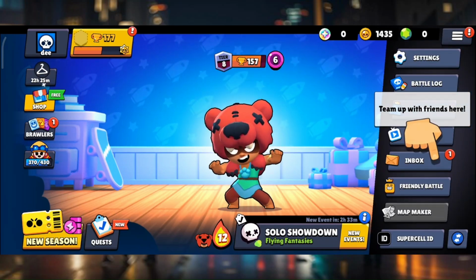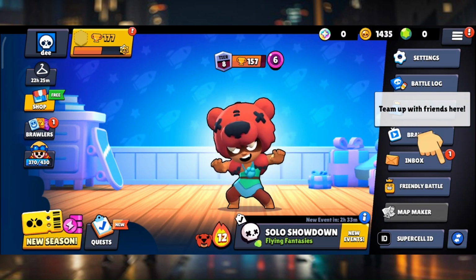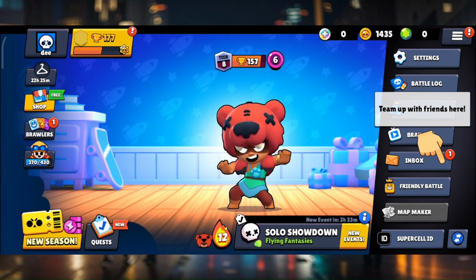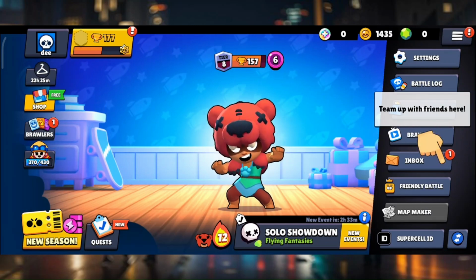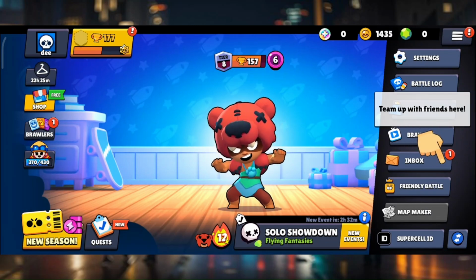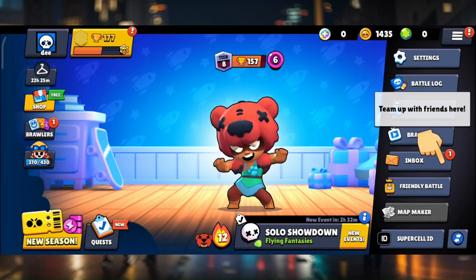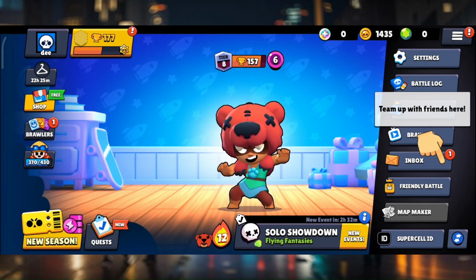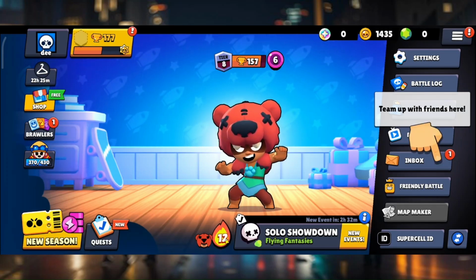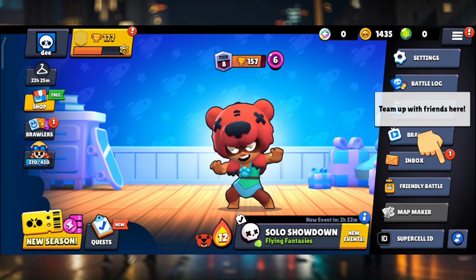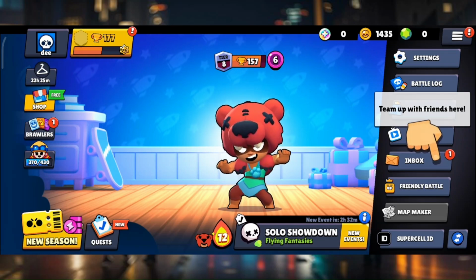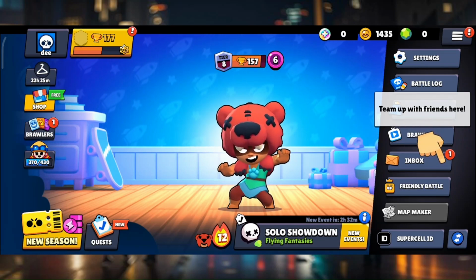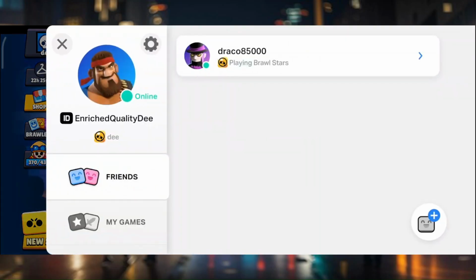Now, if you scroll all the way down, you'll be able to see the Supercell ID option. As you can see, there is an arrow pointing right as well as an arrow pointing left, which means if you tap on that, you will easily switch between accounts from your Brawl Stars Supercell ID. Now, for you to be able to log out of all devices, tap on Supercell ID,